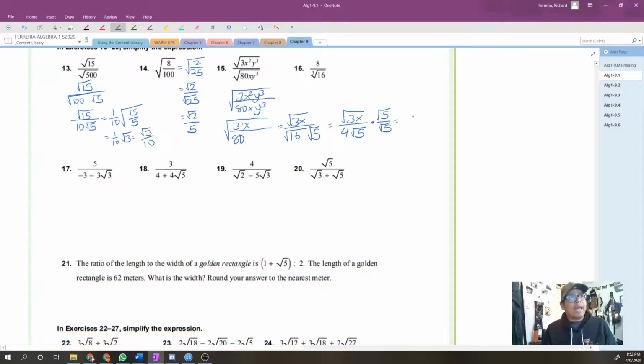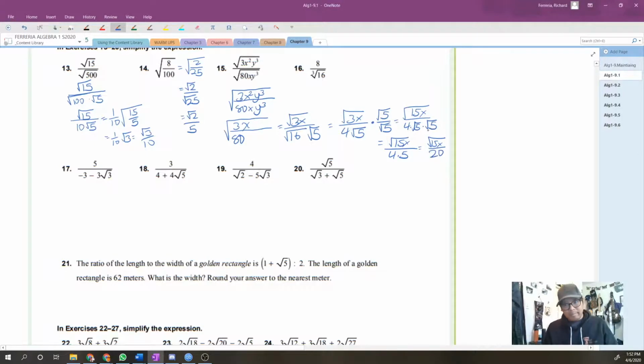So when I do that, the numerator becomes radical 15x. The denominator becomes 4 times radical 5 times radical 5. And how much is radical 5 times radical 5? Well, that's just 5. So this is equivalent to radical 15x over 4 times 5, which is radical 15x over